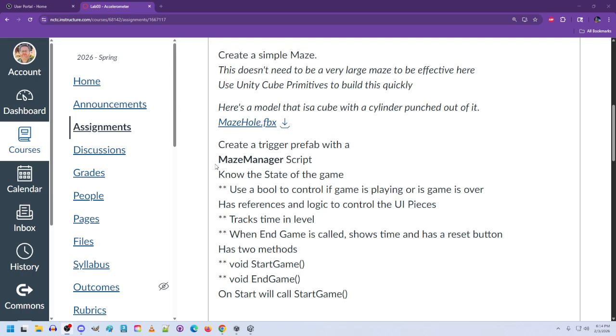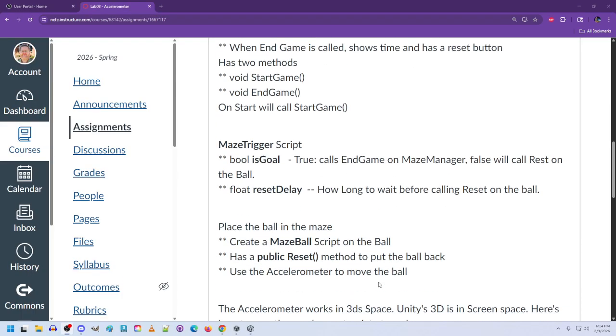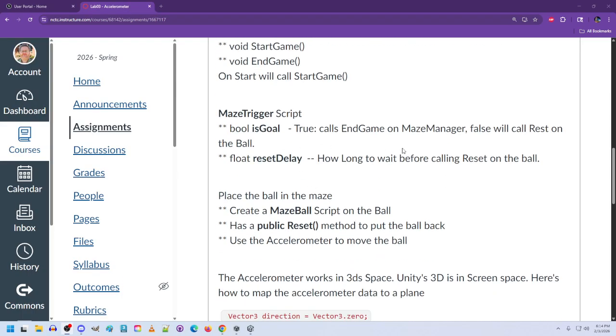Like this maze manager script, it tracks the state of the game: start game, end game, not that big a deal. The maze trigger script is basically, hey, is it the goal? If true, it calls end game on the maze; false will call reset on the ball. And then a float, reset delay: how long do you wait before calling the reset on the ball? A lot of this is if you were to build this out as a full application. My focus right now is more